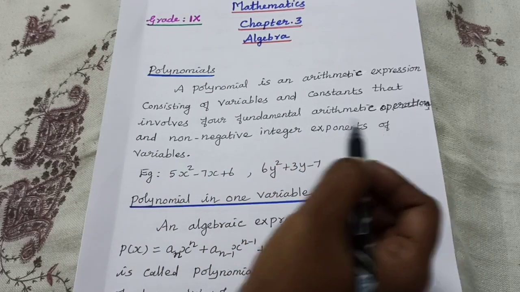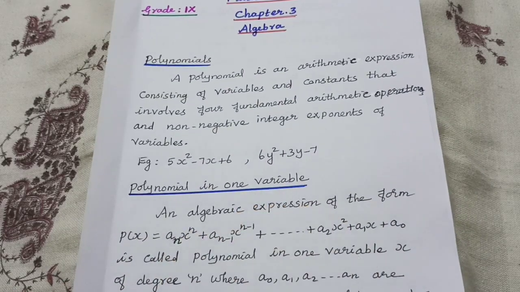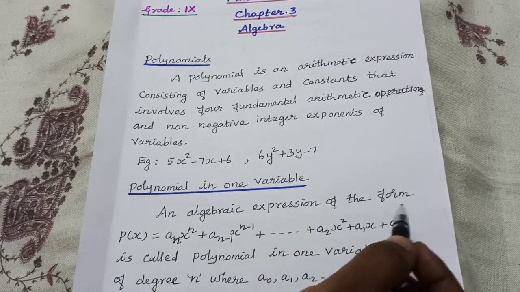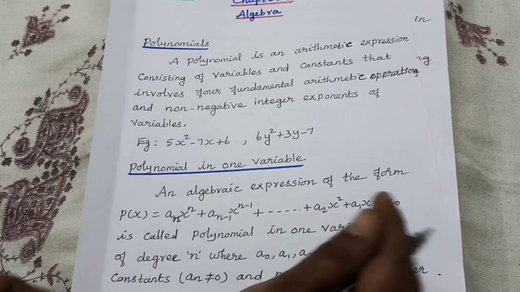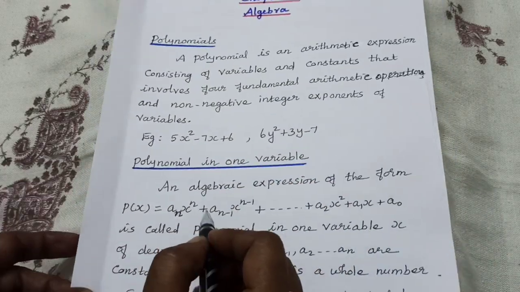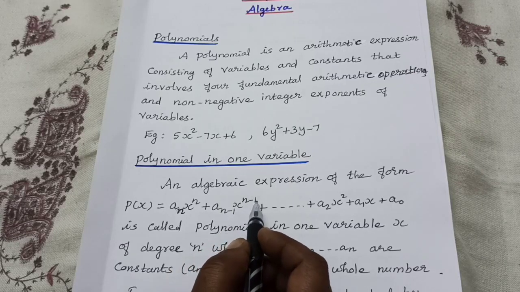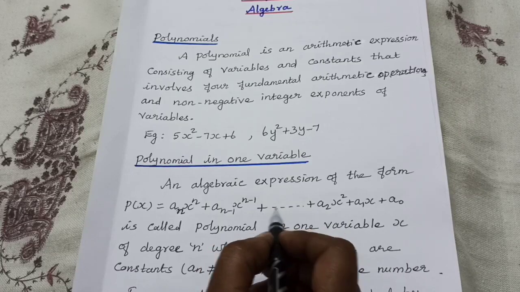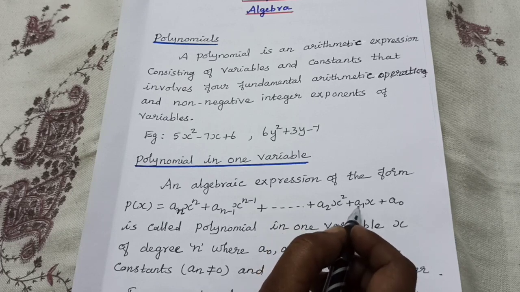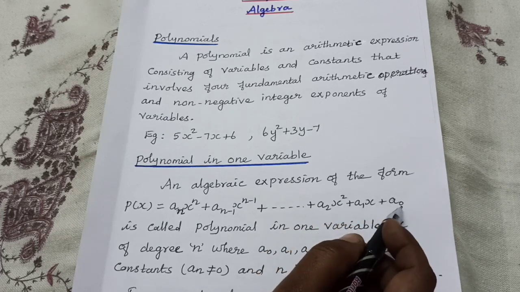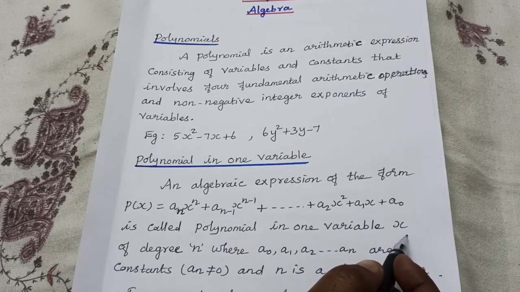Exponents means power of variables. Okay. The next one, polynomial in one variable. An algebraic expression of the form, which form? P of x is equal to a_n x power n plus a_(n-1) x power n minus 1 plus etc., then plus a_2 x square plus a_1 x power 1 plus a_0